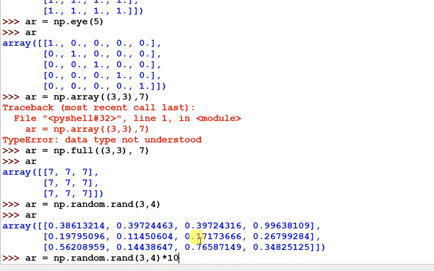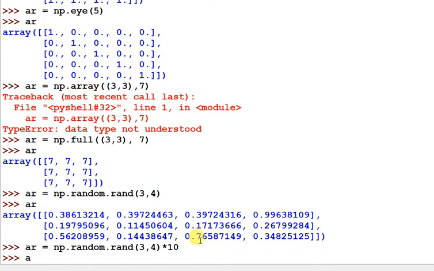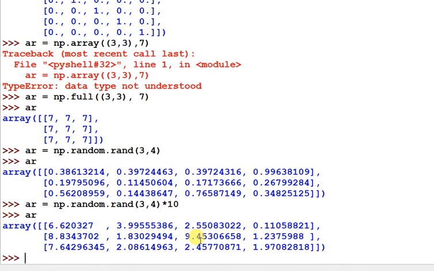So if you want to generate numbers from 0 to some specific range, you can multiply that number with this statement. So it generated a number between 0 and 10, sorry, 6.3, and this way you can create a two-dimension array and assign it some random values in a specific range.